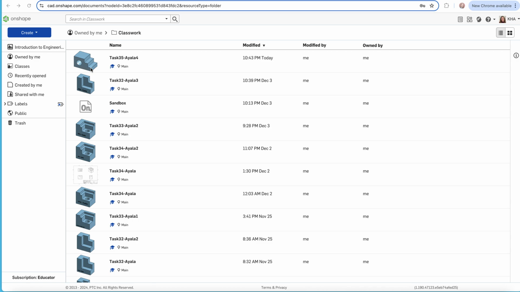Hello, here's a demonstration of task 36. This task involves creating a blueprint of the figure that we created in task 35. So we are going to open task 35